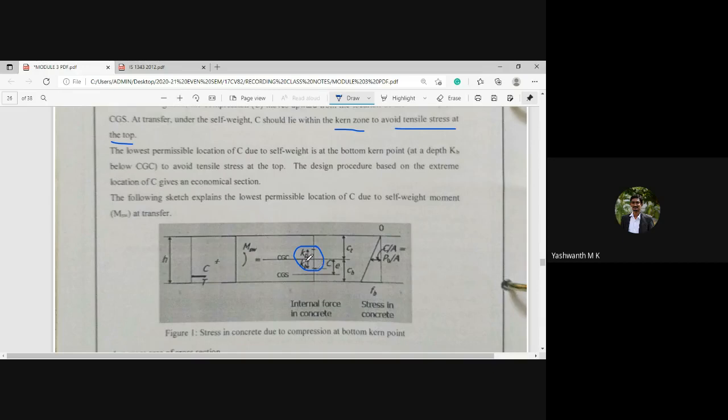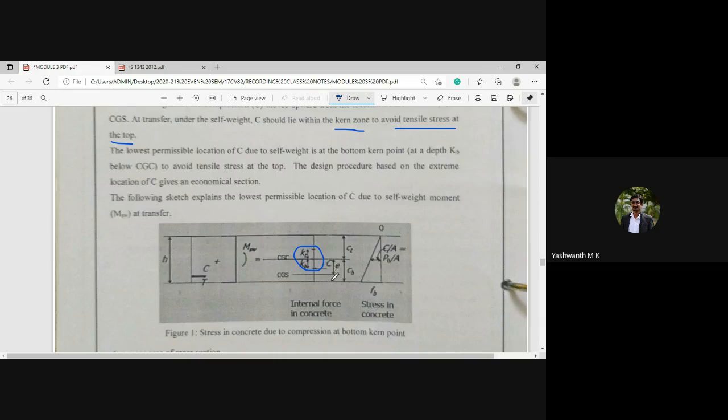Did you get my point? So the lowest permissible location of C due to self-weight is at the bottom kern point, at a depth KB below the CGC, to avoid tensile stresses at the top. This will be the mechanism that is going to happen. The design procedure based on the extreme location of C gives an economical section. So based on the shift, it will give economy of the section.